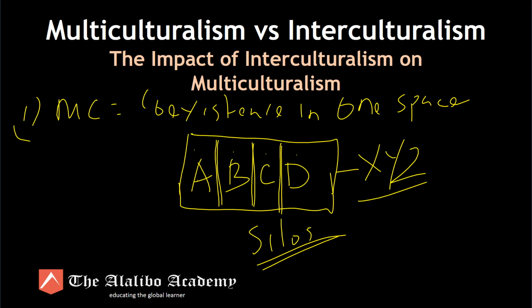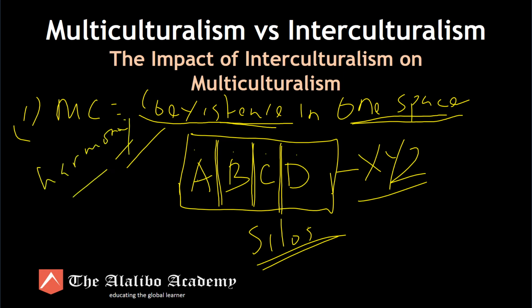And because they're doing their own thing, what we have is multiculturalism. And that's it. Multiculturalism, once again, simply says multiple cultures coexisting in one space. So they are living in one space. But the question is, are they living in harmony in that one space? If they are not living in harmony, then that's all you have, multiculturalism. But here, the suggestion is we ought to go further than multiculturalism to a second concept,